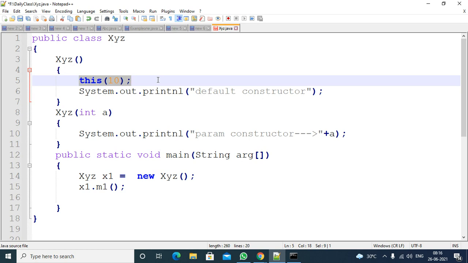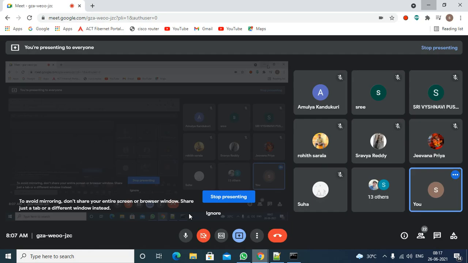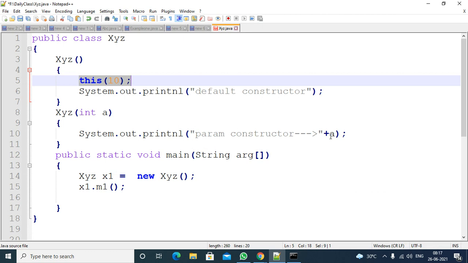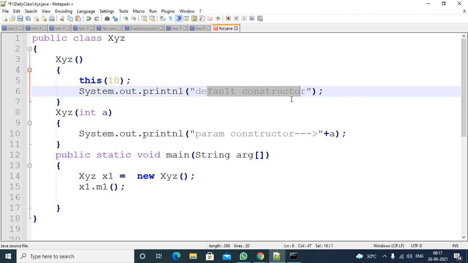If you want, you can use xyz of 10, no problem, but then you need to use the new keyword. From here you don't need to, you call it directly. Observe, I am using the this keyword. First it will go to this one and print this line, then the cursor will come back and print this line. So first the parameters constructor with the a value, then the default constructor.